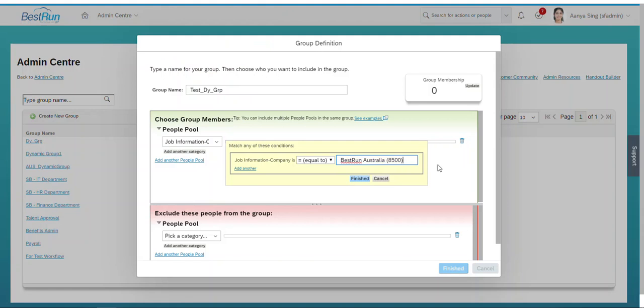But after 2 days, that employee leaves or is transferred to another company that is not equal to 8500, then the workflow will not reach that particular employee for approving purpose. But another employee who just joined this particular company 8500, then that workflow will reach that particular employee